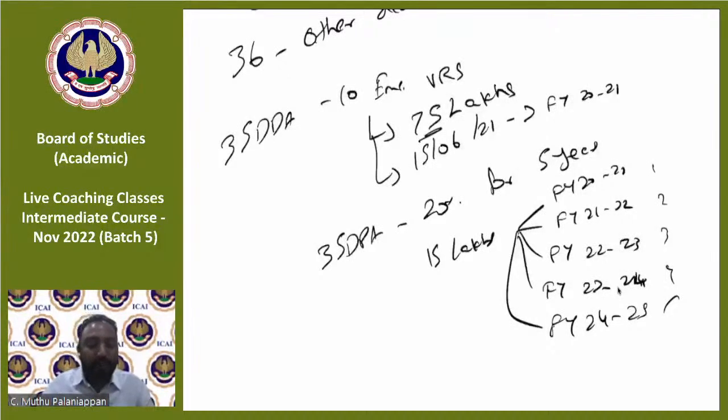Akash Neil, if employer's contribution to PF eligible for deduction are only 12%, here whatever you pay is actually eligible. There is no restriction on 12% here. So whatever you're actually contributing to the provident fund is eligible. Only in salary, when you're calculating this for the employee, you'll have to bring the 12% criteria. For this PF in section 36 that we're talking about, whatever is the PF contribution is eligible.